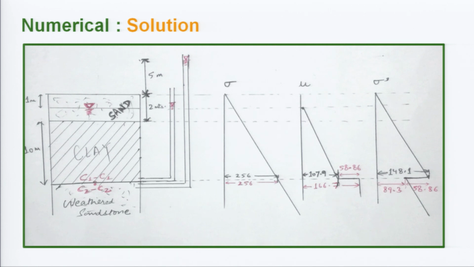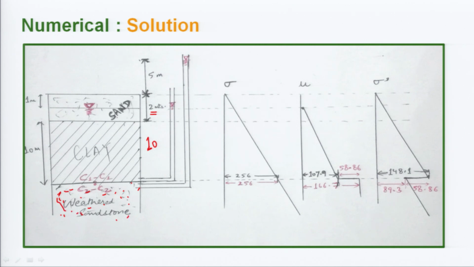So, here it is the sand layer which is 2 meters thick and it is above a clay layer. This clay layer is 10 meters in thickness. Now, understand here that there is a weathered sandstone. If this is a weathered sandstone and it is highly permeable, so what will happen? In due course of time, a large amount of water due to rain or some other factors would have come up here.